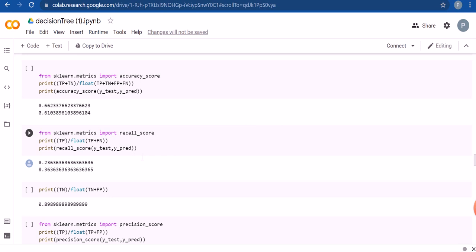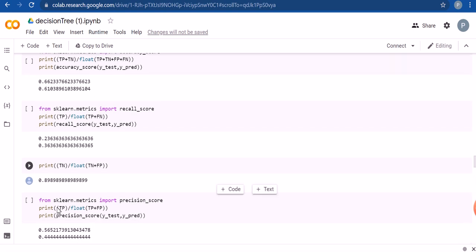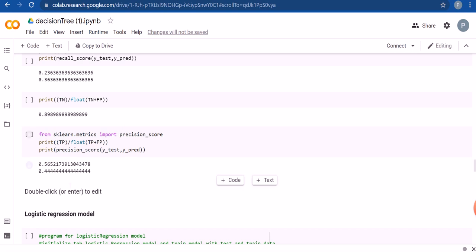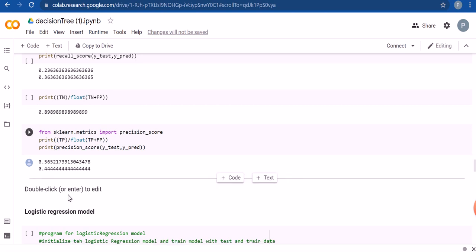Then the recall score, which we checked just now, is 23% according to the calculation, and using the function we get 36%, that is there is an error gap of around 13%. True negative value, using the calculation method, we get it to be 89%, and for the true positive value we get 56 from the calculation, whereas using the function it comes to somewhere around 0.44.